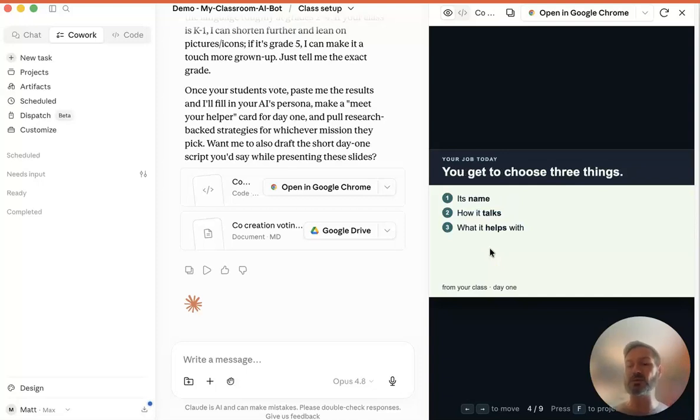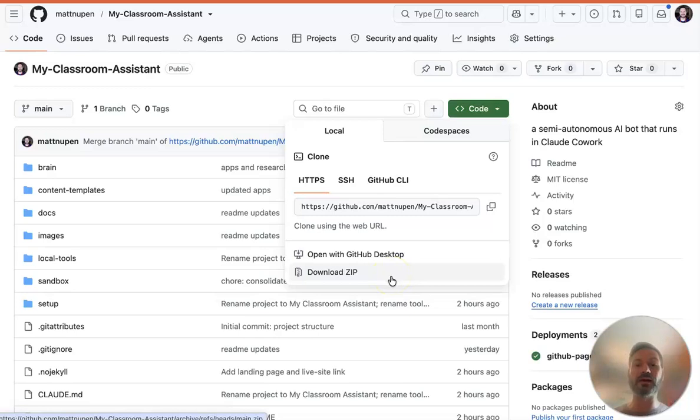And now it's setting the students up so that they're able to vote for what your thoughts are and where you think a project like this should go. What can a semi-autonomous classroom assistant do in